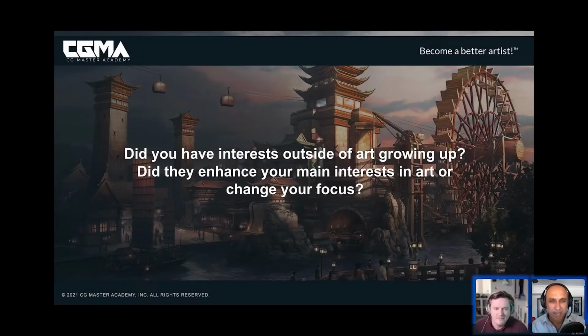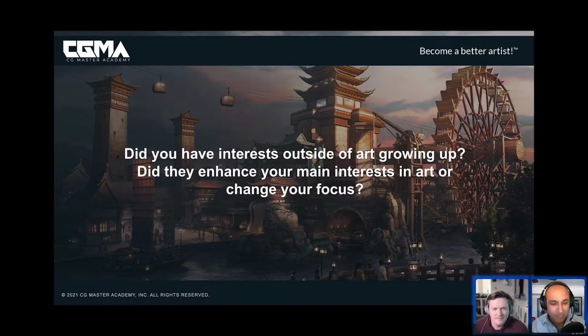Cool. Now, did you have outside interests when you were growing up that even gave us a clue to whether or not this was going to be something that you would do for a living? I'm always curious about the path that an artist takes.